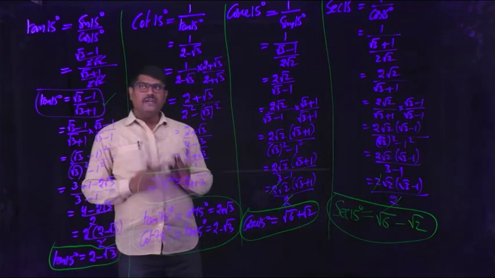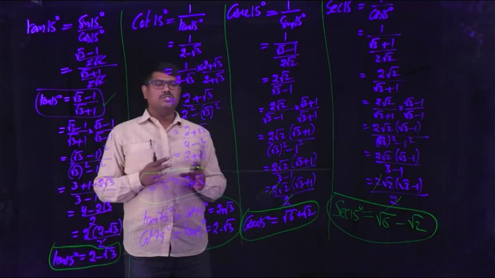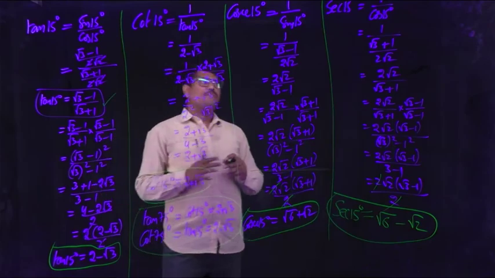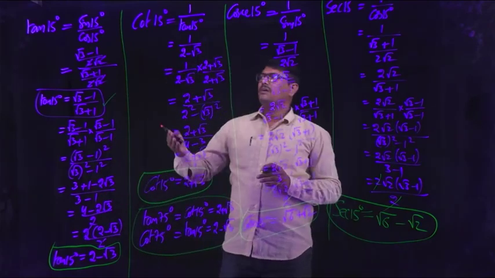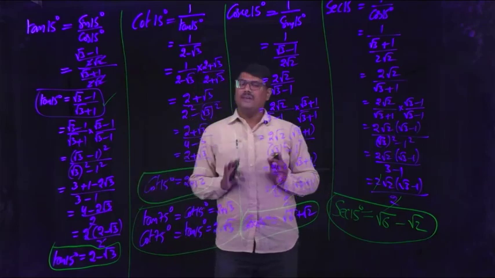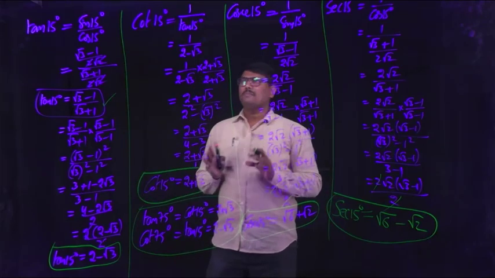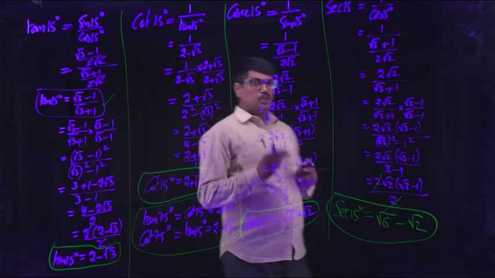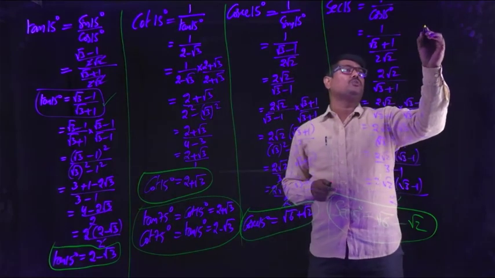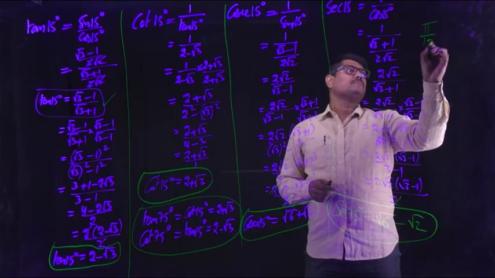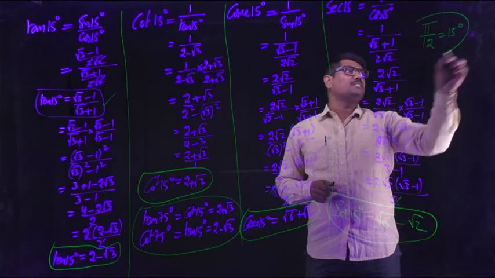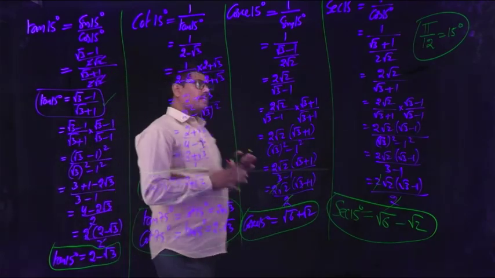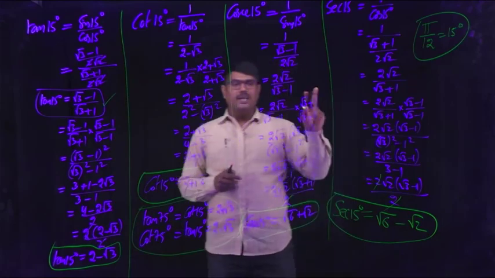So for the angle 15 degrees, we can find all values using the compound angle formulas, and we can establish the related values for 75, 105 degrees like that. And also remember one point, sometimes we may get confused. What is the value of 15 degrees in radians? Everyone should remember 15 degrees is equivalent to pi by 12 in radians. Pi by 12 is 15 degrees. So you have to practice the formulas in terms of degrees and radians also.